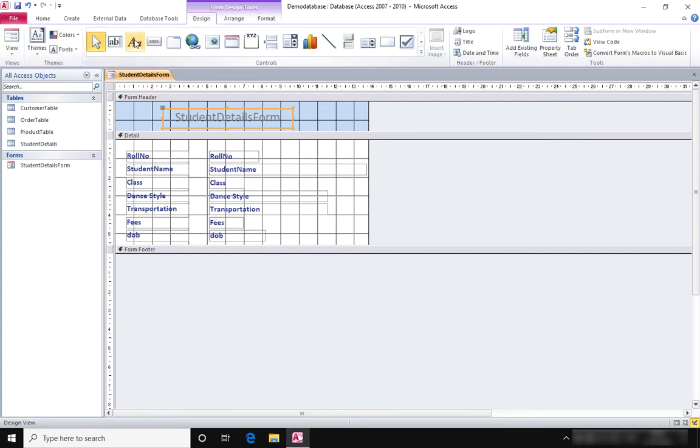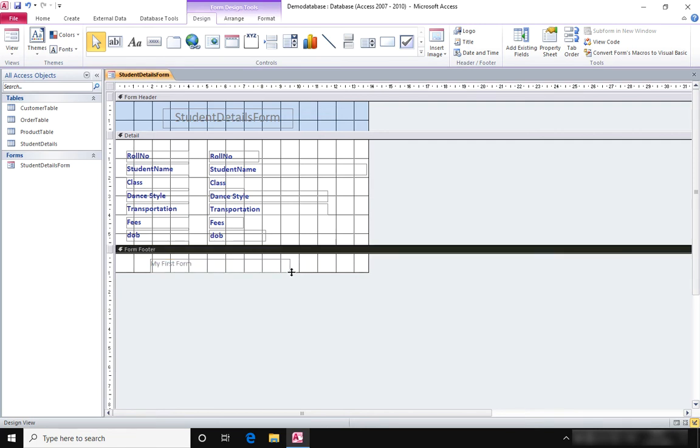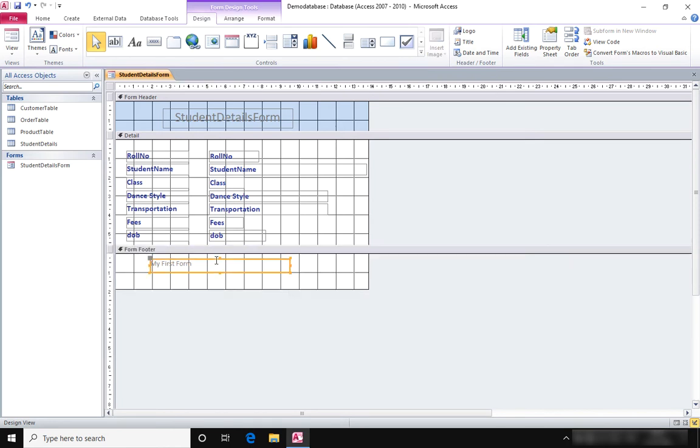Click on the label, and when you move the pointer over the form area, it changes its shape. Click and drag to draw the label. Once you have drawn the label, you can write the content in the label area. Now click outside the label and your label is drawn. Let's resize this label area also and decide the alignment of the text.